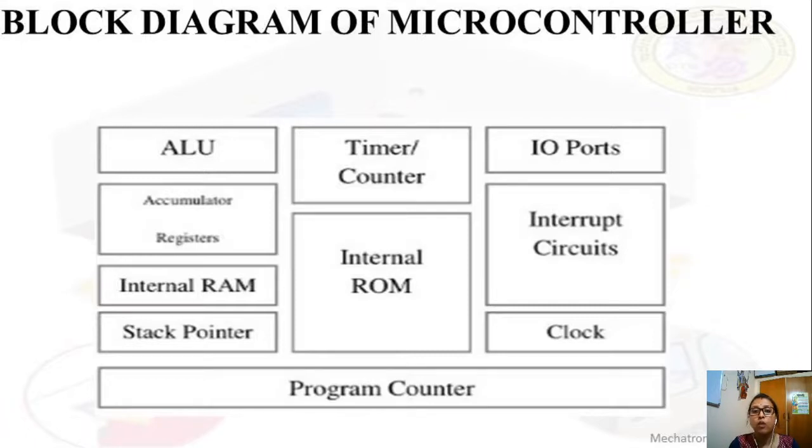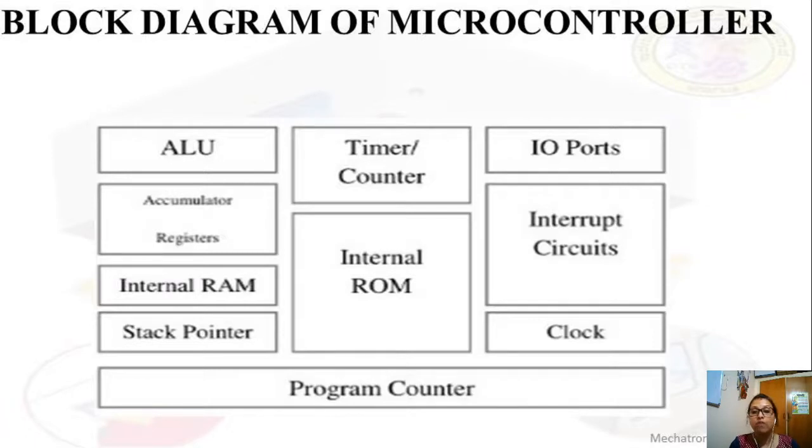input-output ports, what type of clocking circuitry we are going to use, it all depends on the application. So it differs from one application to another. We can't take the chip of a refrigerator and put it in an oven, or an oven microcontroller can't be put in a refrigerator. So for a specific task, the microcontroller is designed. Okay, so this is the block diagram of a microcontroller, all embedded in a single chip.